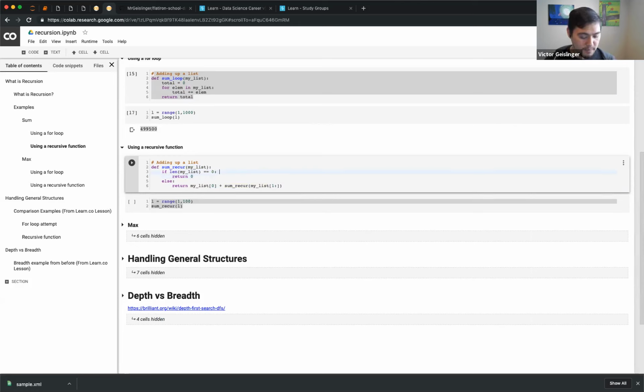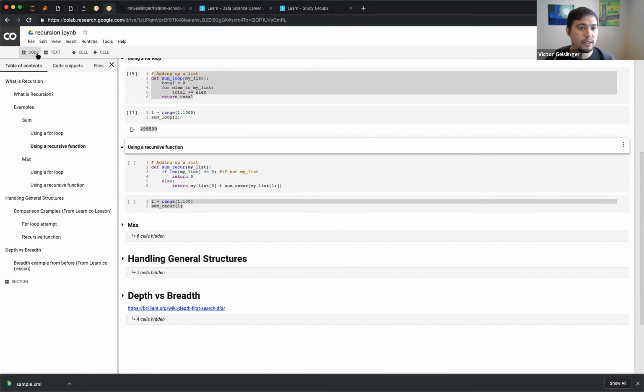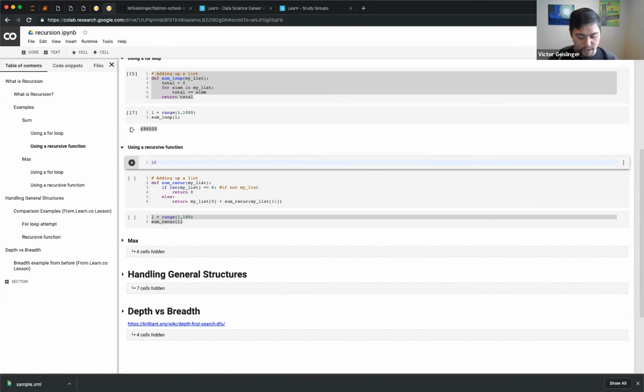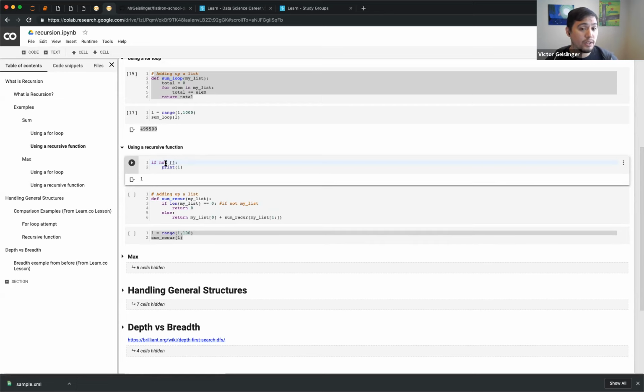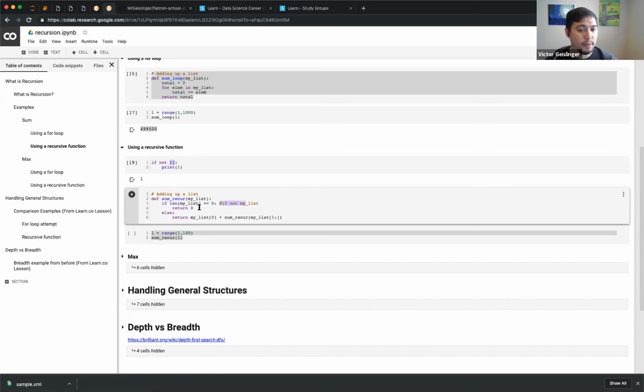Note that in the curriculum, on this comparison code, it does "if not my list," okay? And basically that's because it's using the fact that if it's an empty list, if you do if, let me just show you guys. If I do if, you'll see that it doesn't print out. So basically, Python will treat empty lists as essentially false. So if not false, it'll print out. So just know that the curriculum does this kind of shortcut, but I made this more explicit.